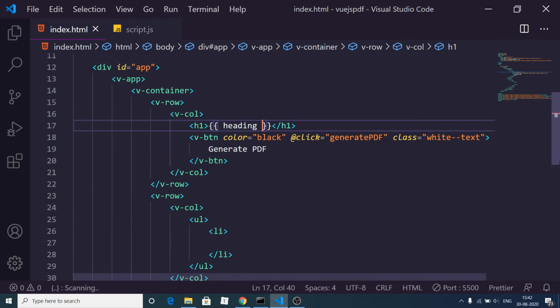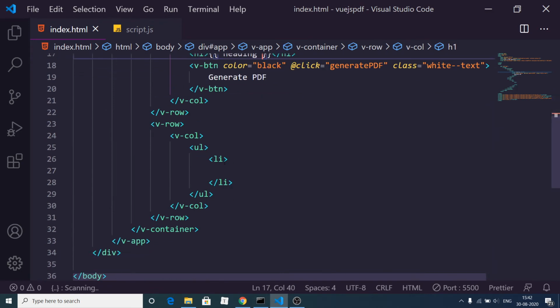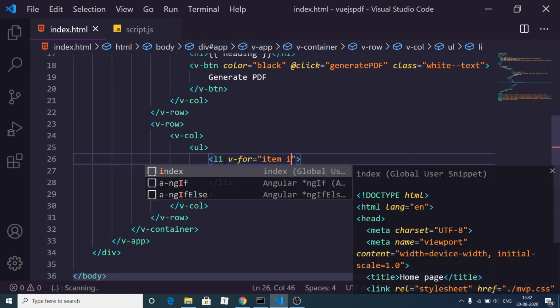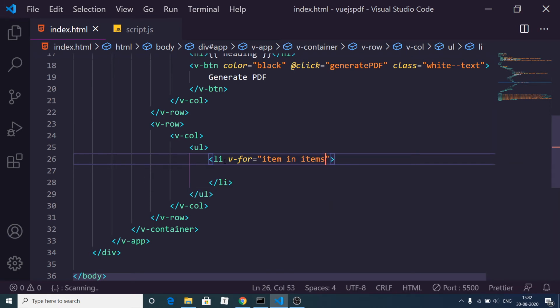So we can have our li tag here, and we can run a v for loop here. There is a v for attribute inside Vue.js, and here we can loop through the array: item in items, and then we have double curly brackets.